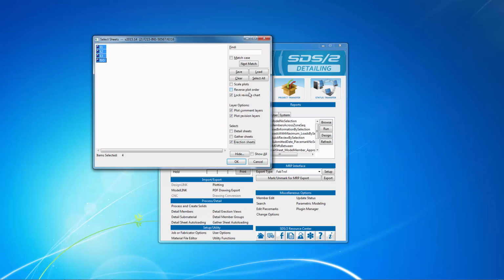And then if you want to plot them in reverse order, and the revision chart, again, we haven't looked at that, so we're going to ignore that for now. And then different options for plotting comment layers and revision layers. Again, we haven't covered the revision, so we're going to skip over that. So then you'd hit OK here,